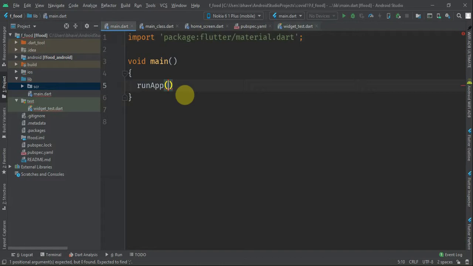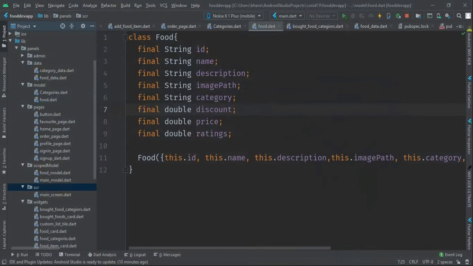So from where we can operate the whole thing? What I will do is, layer by layer, I will make an MVVM structure, right? In that MVVM structure every class, every file will be different. The model will be different, then widgets will be different, pages will be different, as I have shown you here.